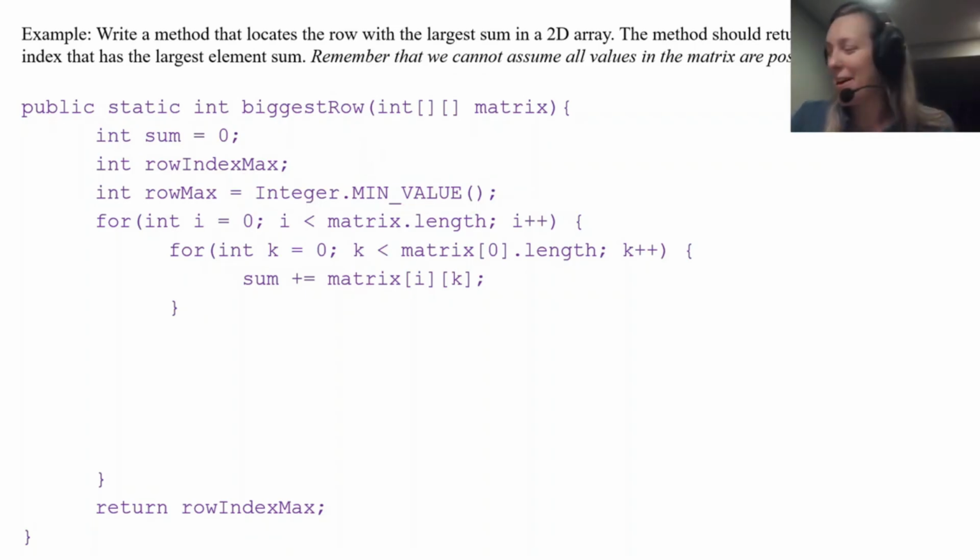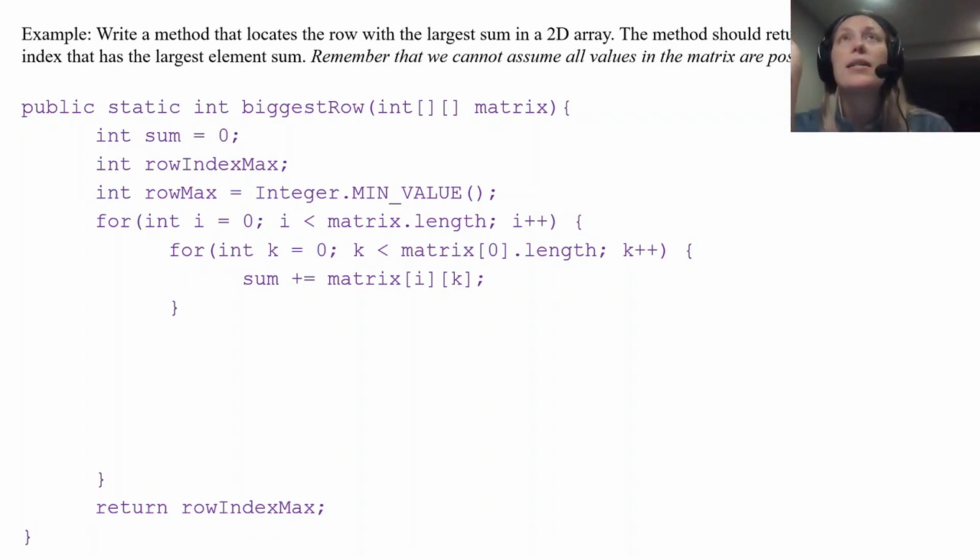Okay, no, I'm right. You remember I talked about this in the other video: sometimes, no matter how many times you look at the code, you just get turned around when you're looking at it for too long and doubting yourself. No, okay, so row max is going to be this